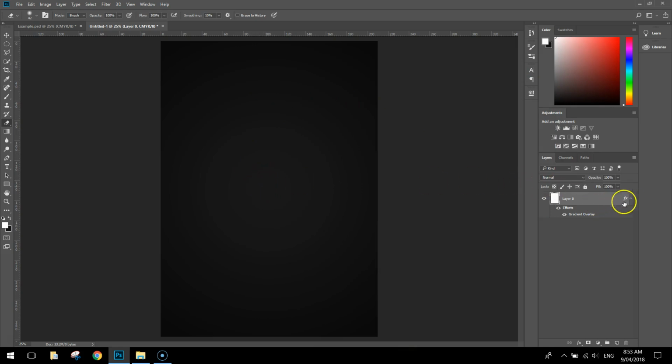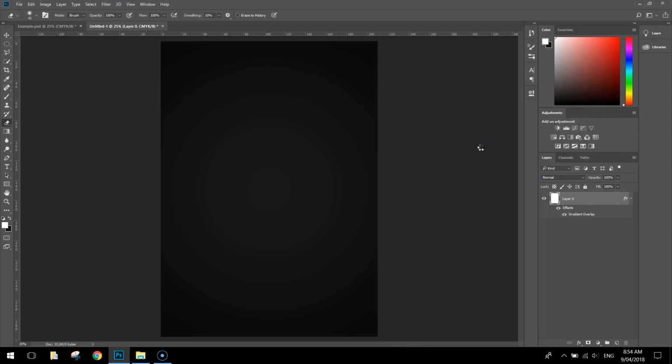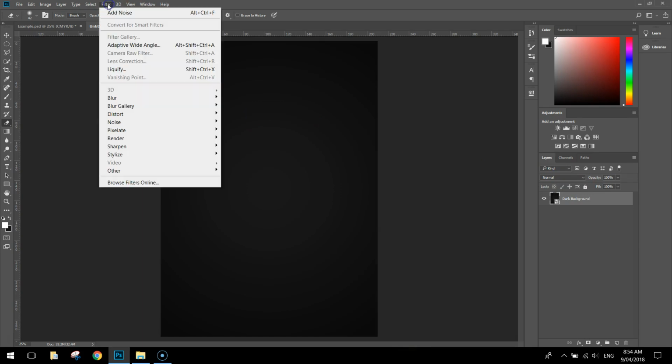Alright, next thing we need to do with our layer over here that says layer 0 is just right click on it and we're going to convert it to a smart object so we can apply some filters to it. So convert it to a smart object. Before we go any further, I just want you to double click on layer 0 there and give it the name dark background. Okay, and what we're going to do is we're going to head up to the filter menu now at the top